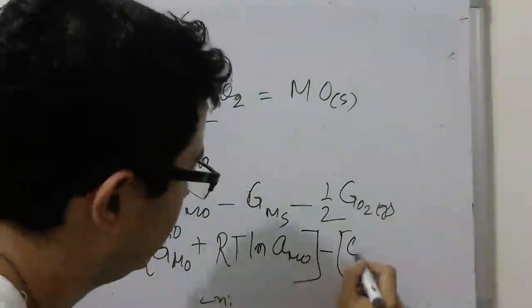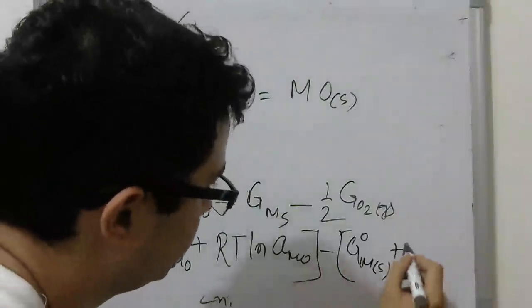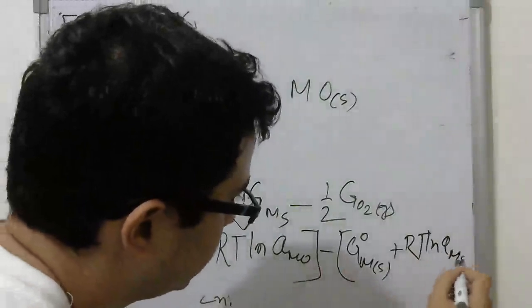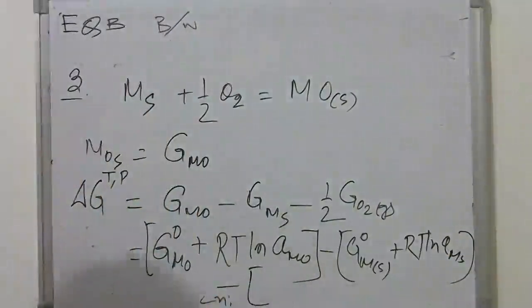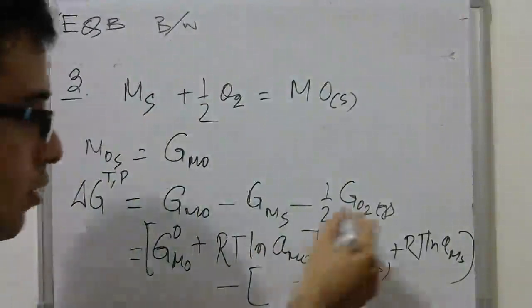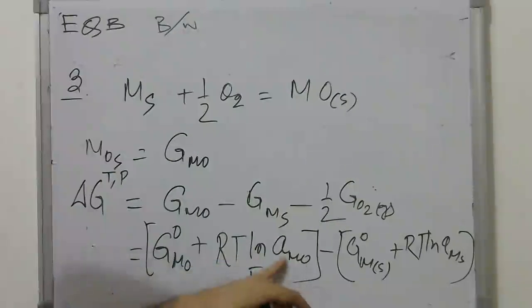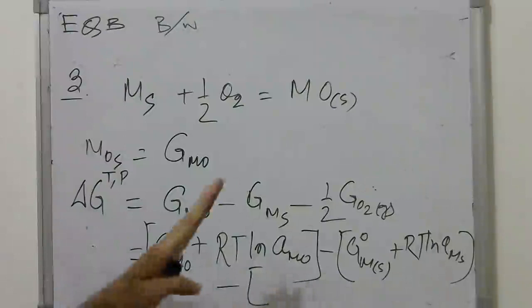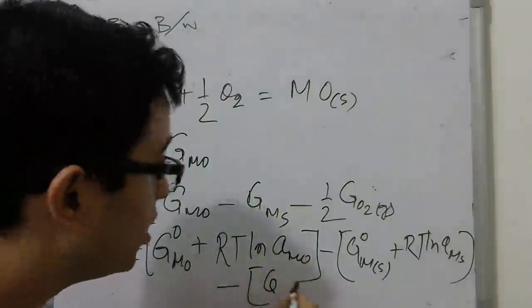Minus G0 MS plus RT ln A MS, right? Minus, this one is a gas phase. Remember, this one is in the solid phase. So once there is a solid, this expression is termed in terms of activity. When it is a gas, it will be expressed in terms of partial pressures. So I will write G O2